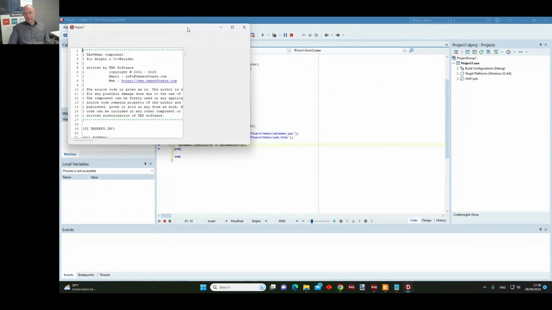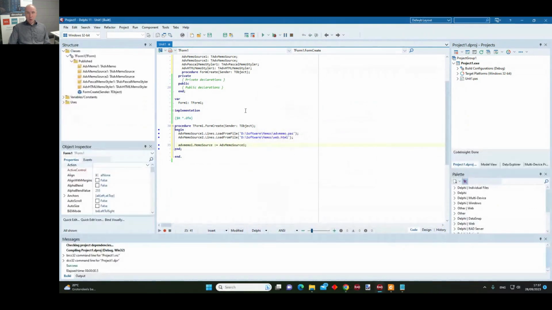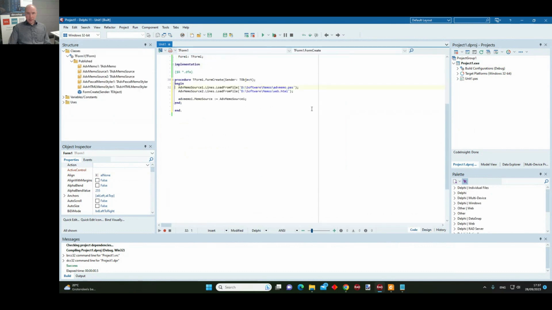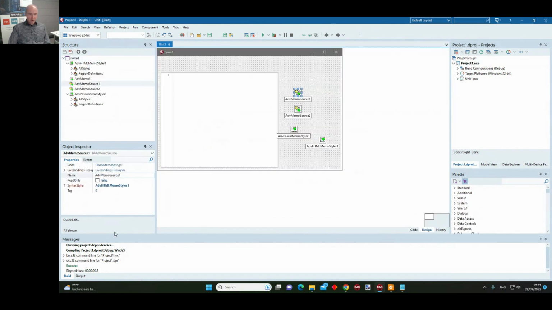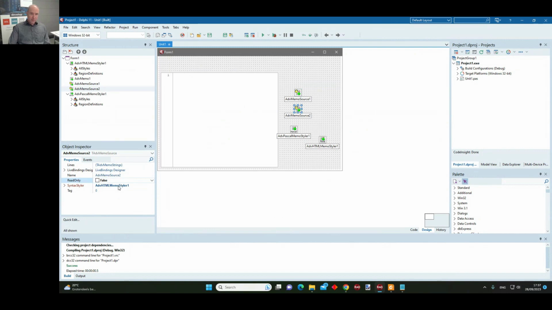And as expected, you can see that my Pascal file is shown here in the memo. And what I will do now, let me have a look. The Pascal file and the memo source. And of course, I need to assign my Pascal memo styler. Second one is the HTML file and uses the ADV HTML memo styler.